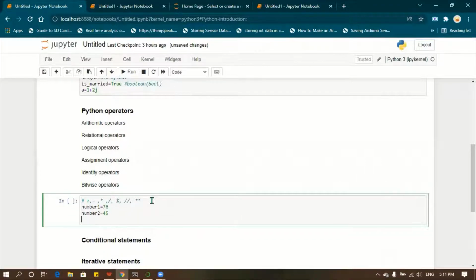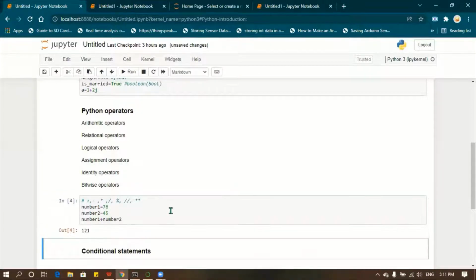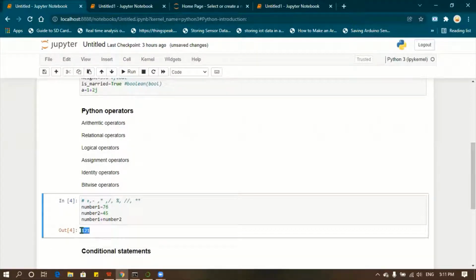So number1 plus number2. Let me run this. Shift, enter. So it produced the output 121.